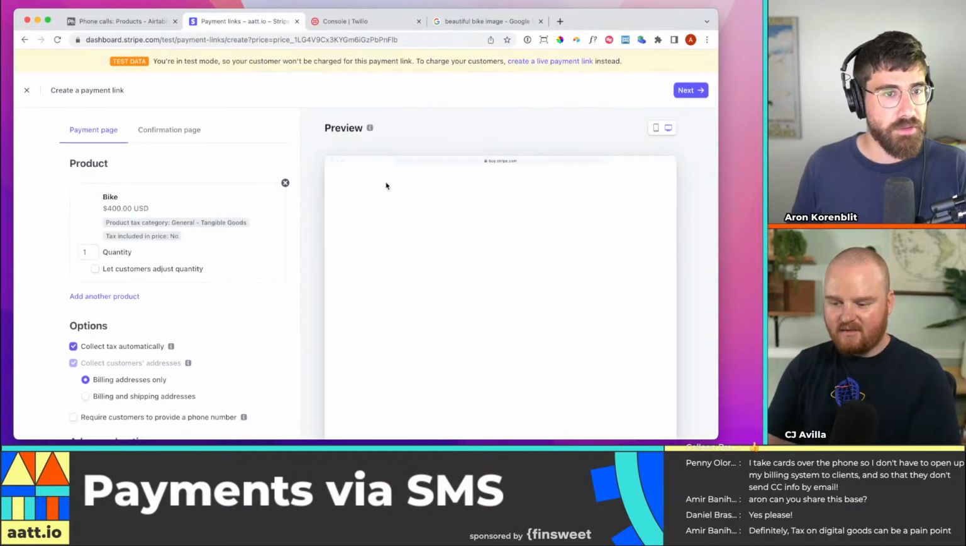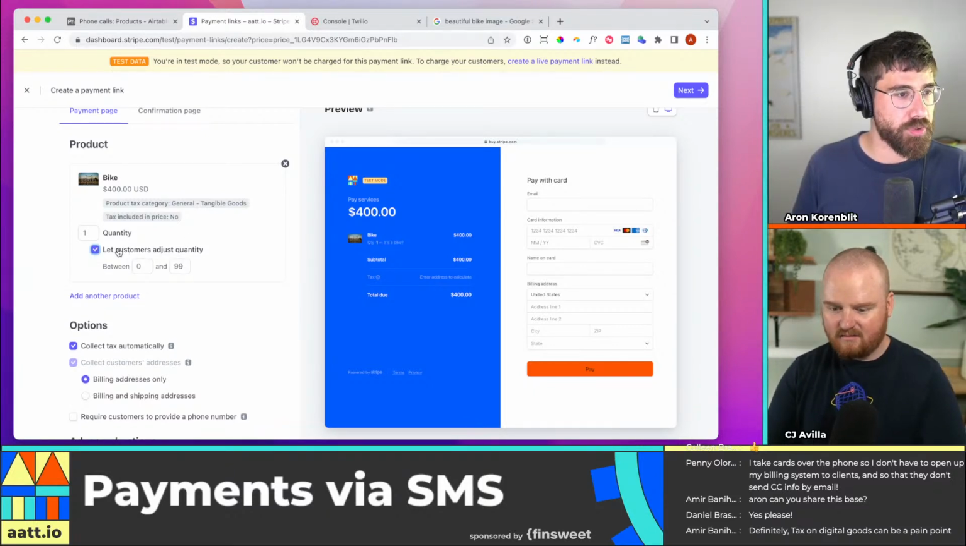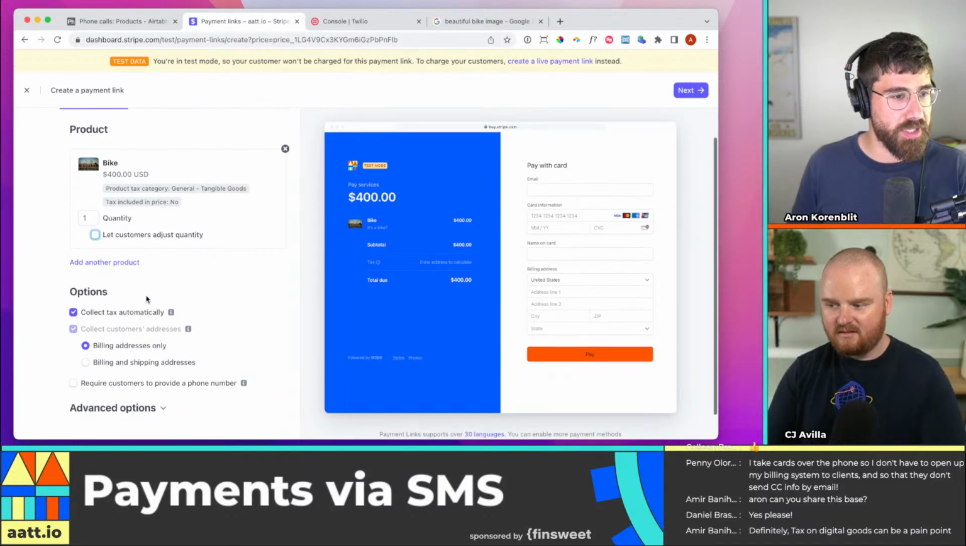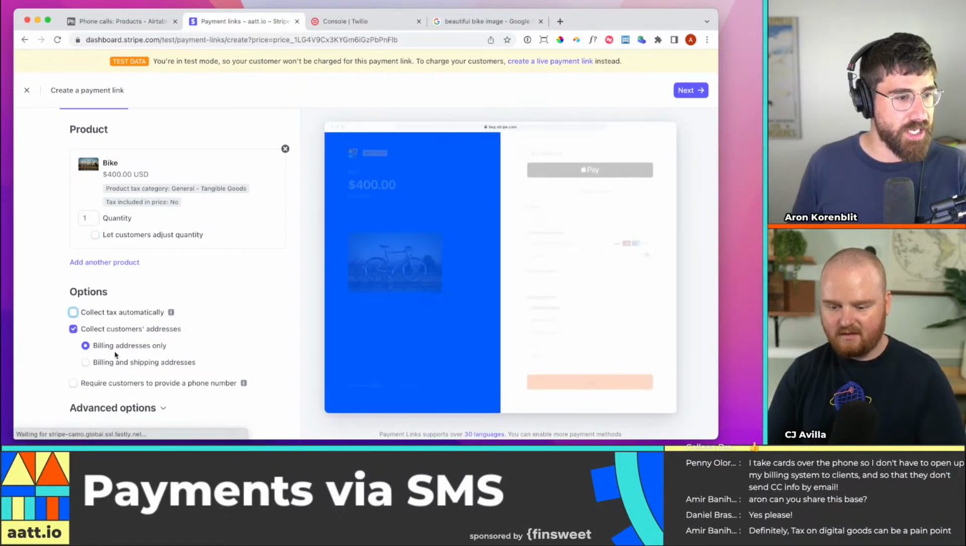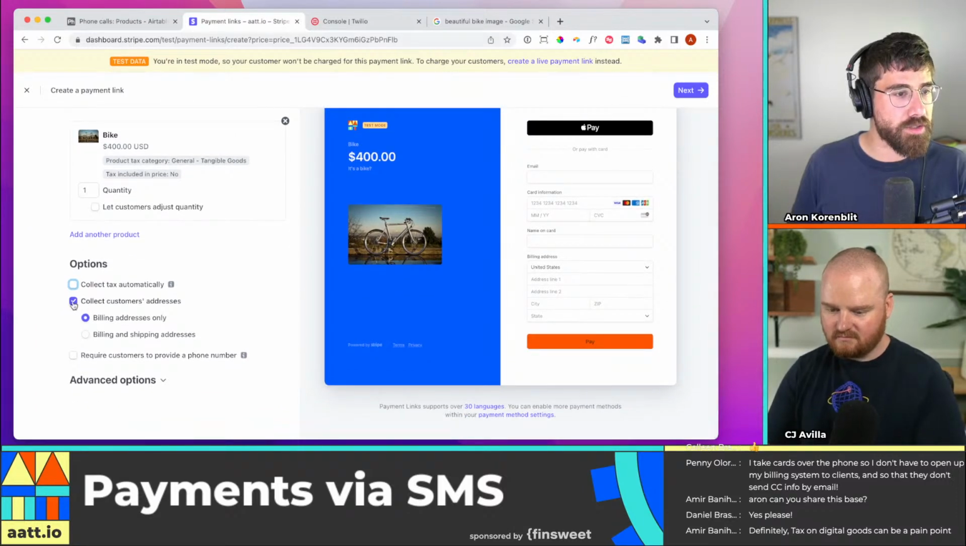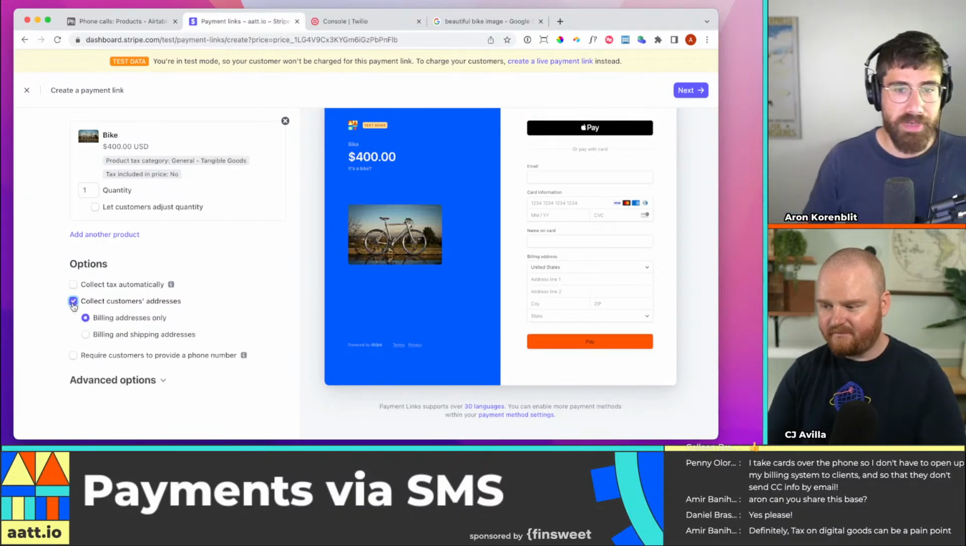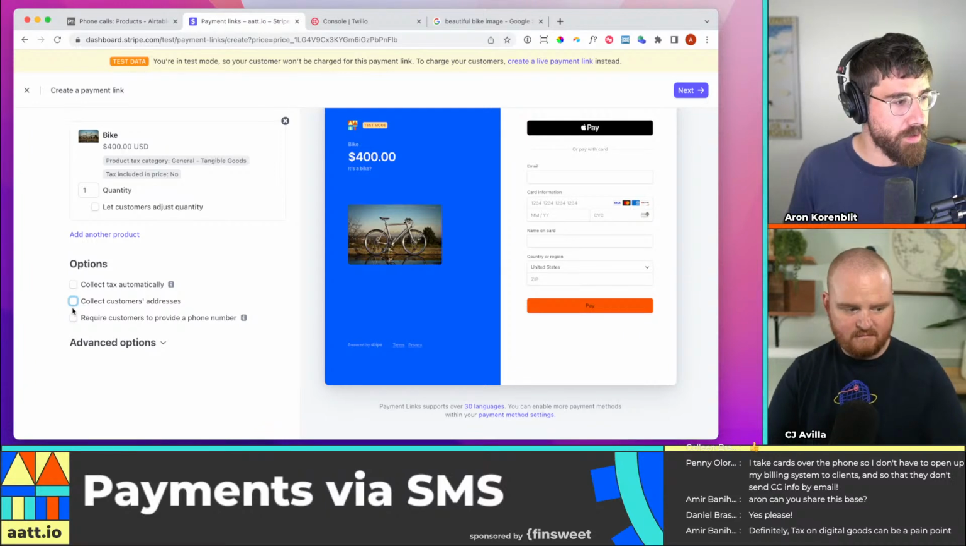Yeah. Cool. Okay, we're assuming that people are not going to buy multiple bikes, but we could let people adjust the quantity, but let's keep it there. We're not collecting tax. I don't want to collect customers' addresses again, just to keep this simple, right? But you could imagine that we're going to pipe that back in. But for now,